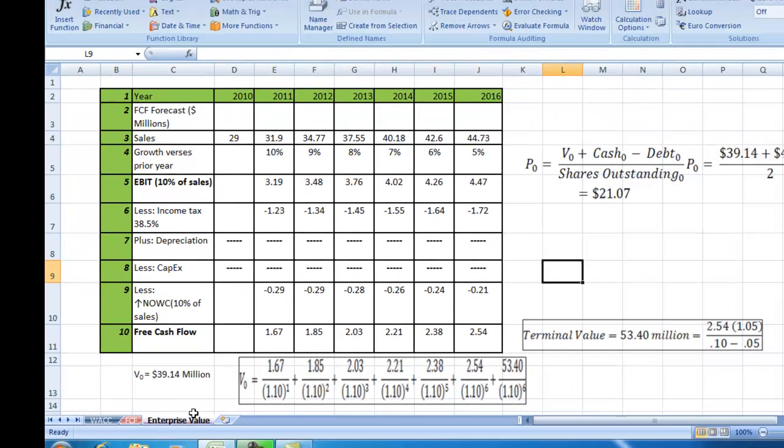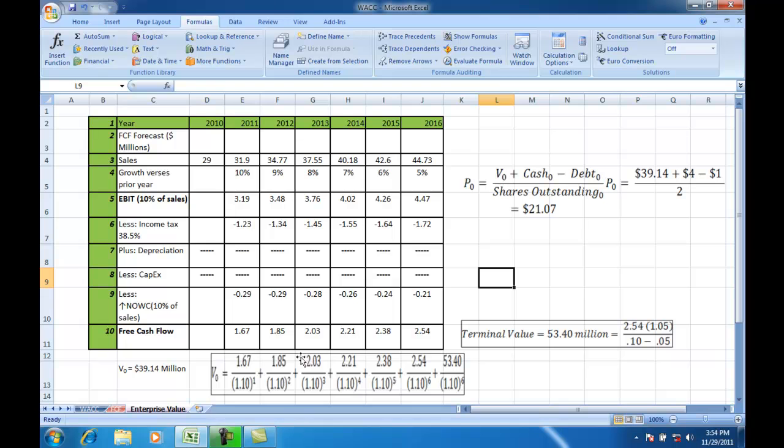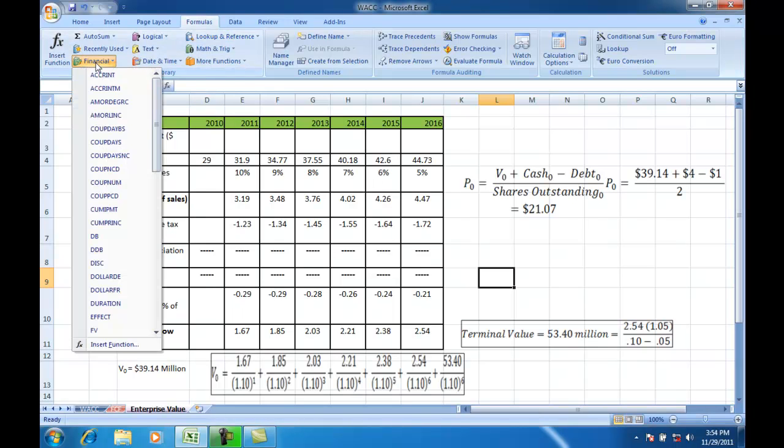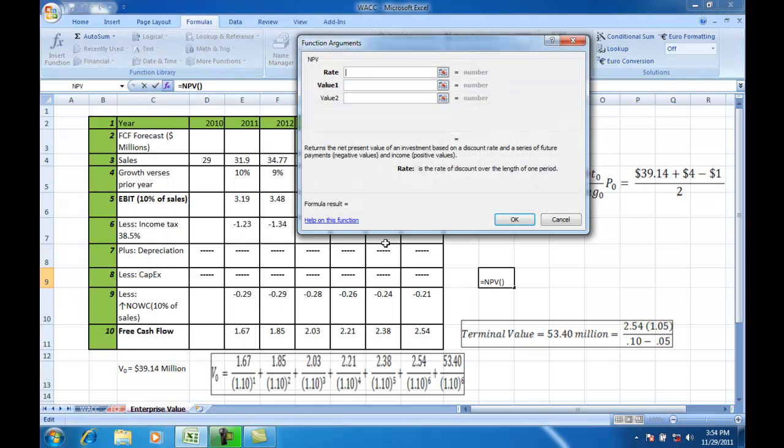Now I place all the values in Excel and find V0. So let's go ahead and do that now using the net present value button. And the weighted average cost of capital is 10%, so that is the rate. Value number 1 is the 1.67 free cash flow, millions of course. 1.85 million would be the next one. The next one is 2.03. Finally, the next one is